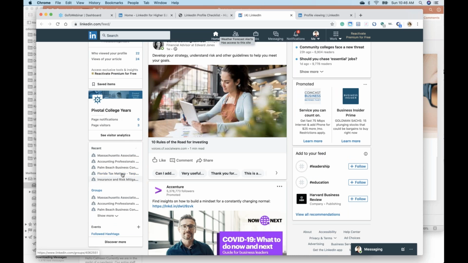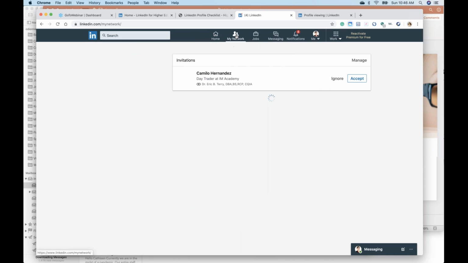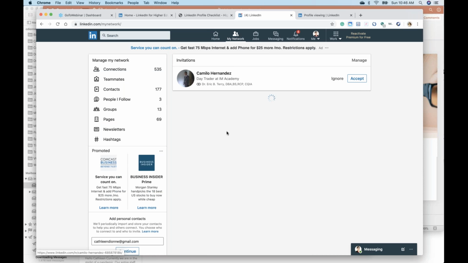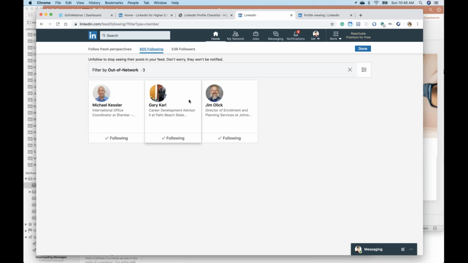On my side, I can see all the groups that I belong to. So what you want to do is start to use the information up here. I've developed a network. I've got 535 people that I am connected to. You can have contacts. There are people and things that you can follow. So I wanted to point out a few things.